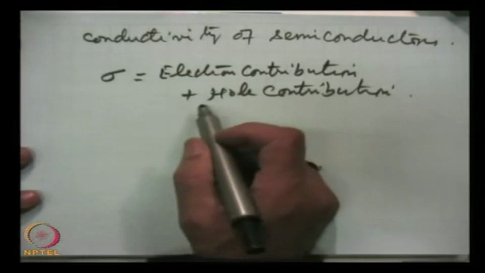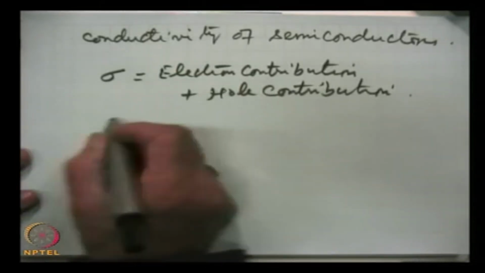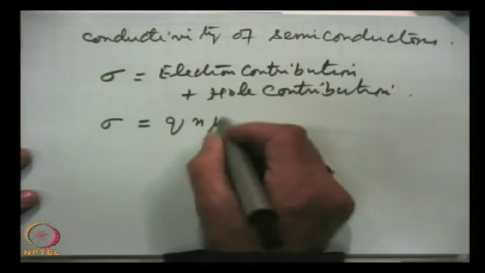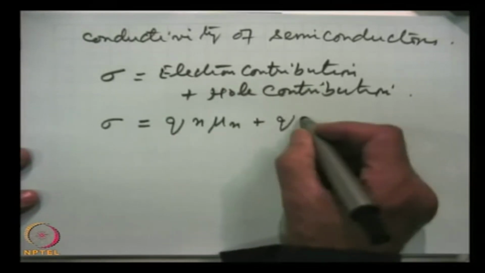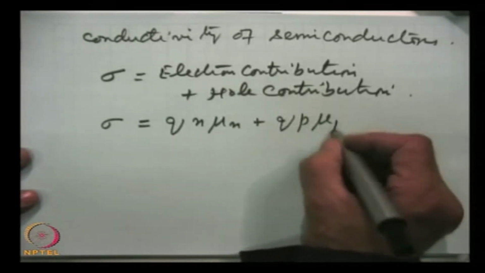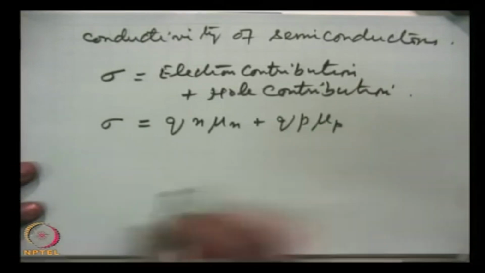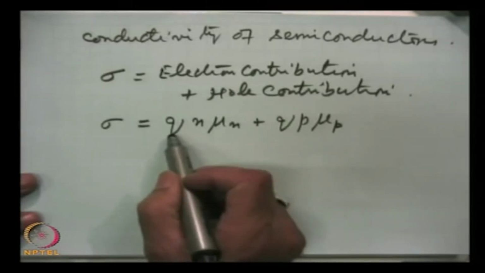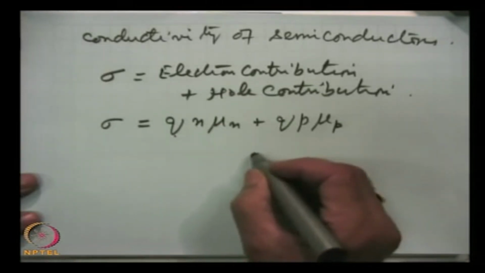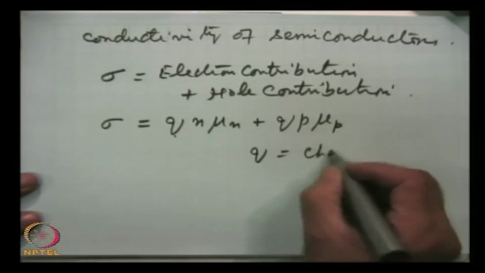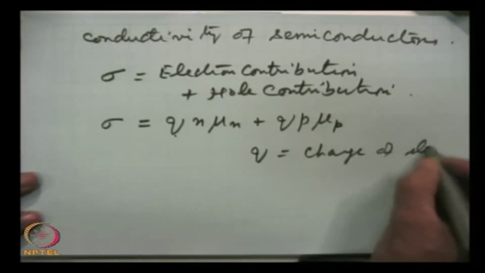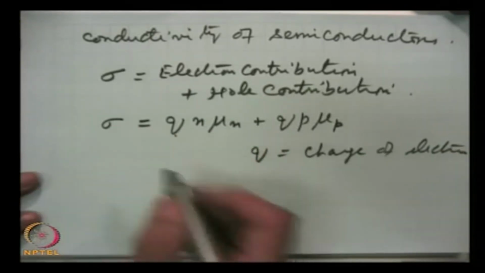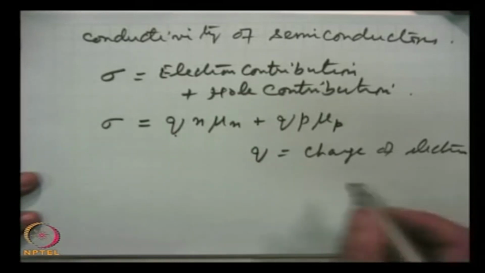Electron contribution plus hole contribution. Therefore, this is Q, the electronic charge, the charge of electron, which is equal to the charge of hole. Sign is different, but we are concerned with the magnitude. So, charge of electron or hole,